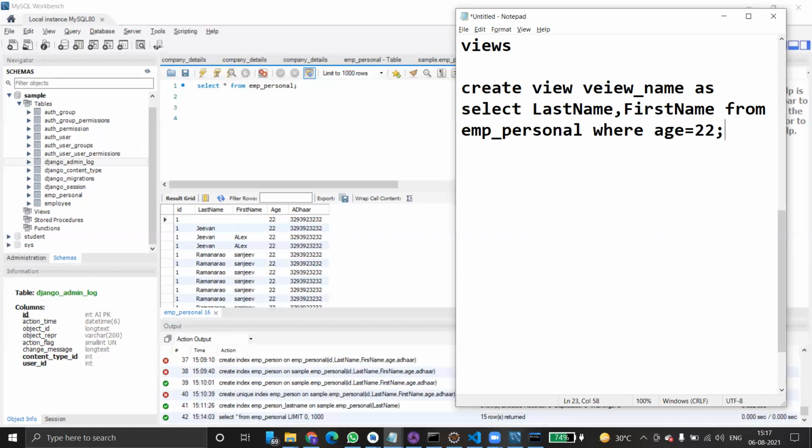You have to remember one point here: the views always show up-to-date data. Old data it does not show. The database engine recreates a view every time a user queries it. Whenever the user queries the data, automatically it recreates the view. It does not take from old data. So a view always has the latest data.